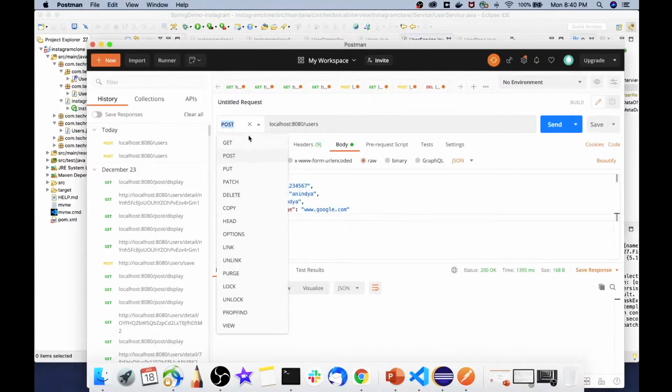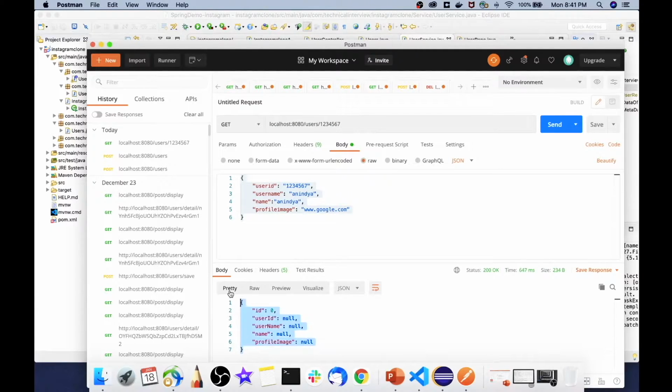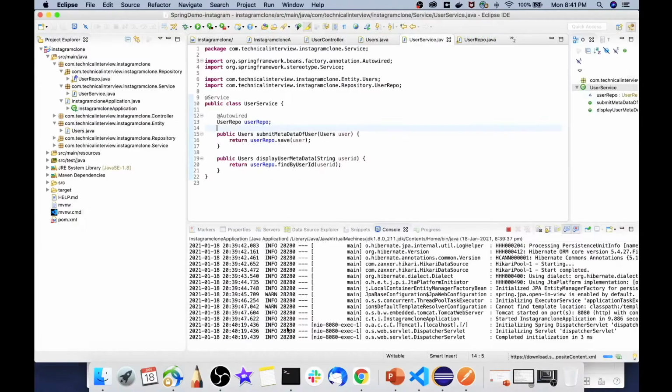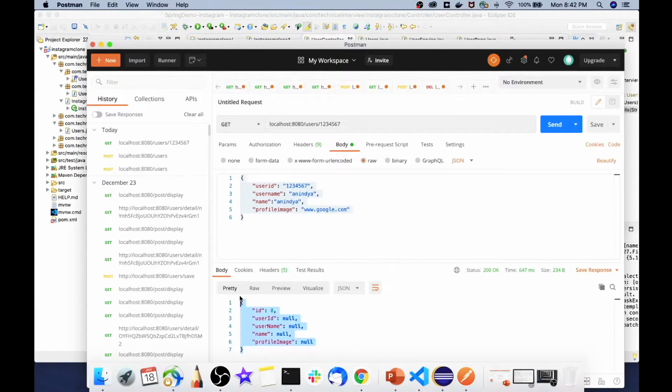So we'll do a get operation over here, and we'll try to fetch the data that we have saved by sending the user ID as a parameter. So if everything goes correct in this flow, then on submitting this URL, we should get back this metadata in our response over here. So yes, you can see we got a response, but this is an empty response from our service. Let's see why. So we'll go to our controller. So over here you can see we have written an empty user object from here, and that is why we got an empty response here also.